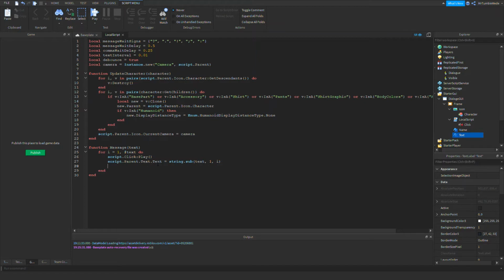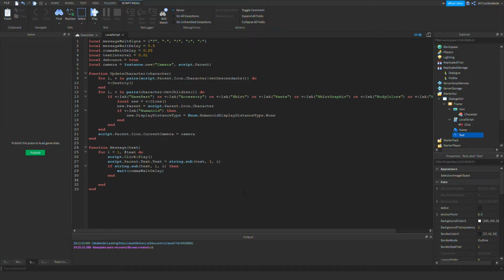So if string.sub text, i, which is pretty much the current character of the text, then we would do wait, comma, wait delay. Okay, now we got that.